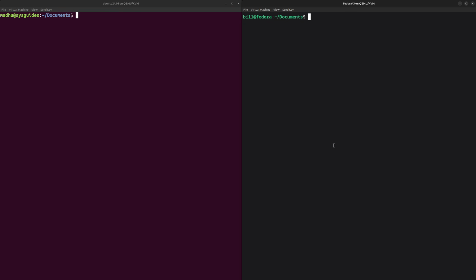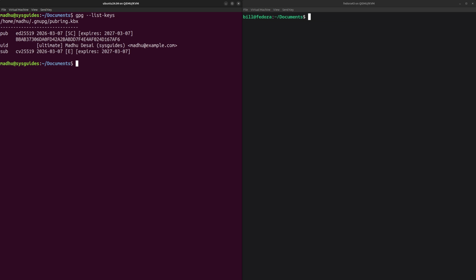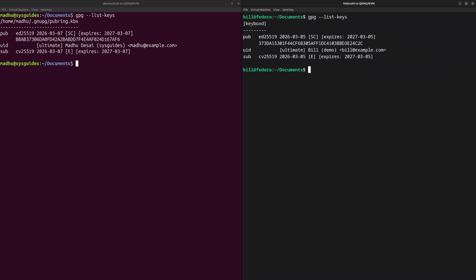Now let's take a look at both systems. On my system, if I list the keys, I can see my key pair here. And on Bill's system, if we list the keys, we can see that Bill also has his own key pair. So both systems are ready. Each one has its own keyring, and each one has its own identity. But at this point, they still don't know anything about each other,